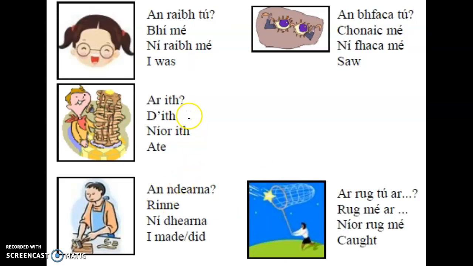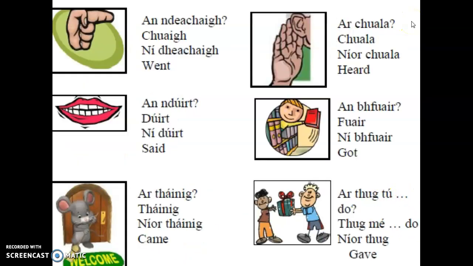For the rest of the irregular verbs, when you're asking the question, you use an, and when the answer is no, it's near. Di, near I. Rug to rug me near rug me. You use this 2-letter word when using the word rug. Kula, kula, near kula. Hánig, hánig, near hánig. Hug to bruntanista, hug me bruntanista, near hug me bruntanista. We use this 2-letter word do when giving something to somebody, when using the verb hug.